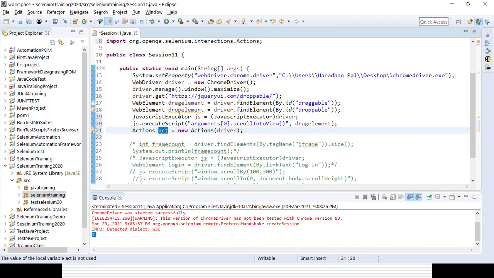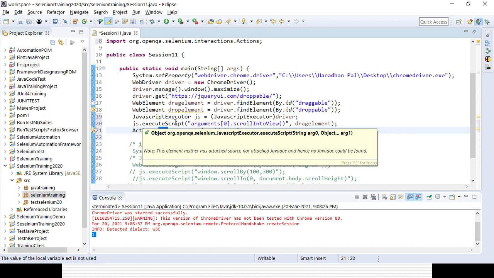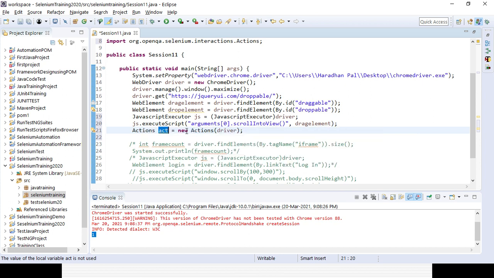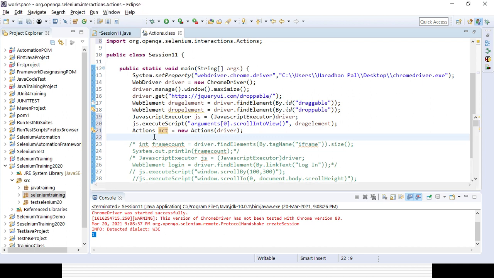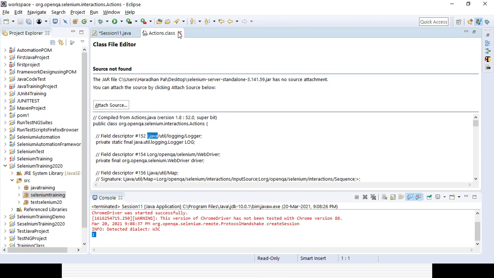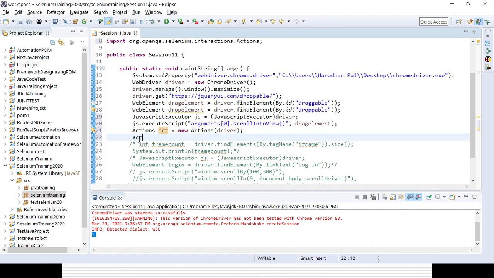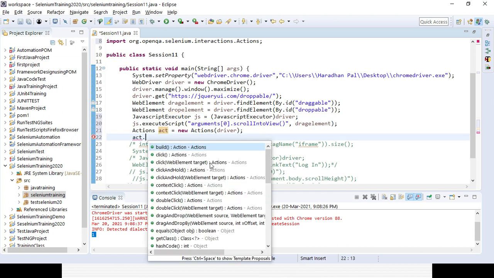Then with that Actions class I will be using some methods available here, dragAndDrop, you can see available in the Actions class. For drag and drop, I need to give the source and the target, from where and to where I am dragging and dropping.